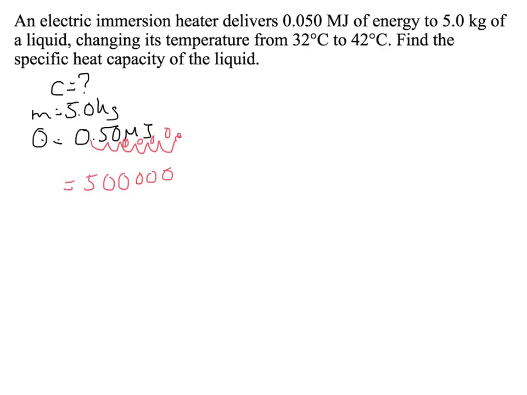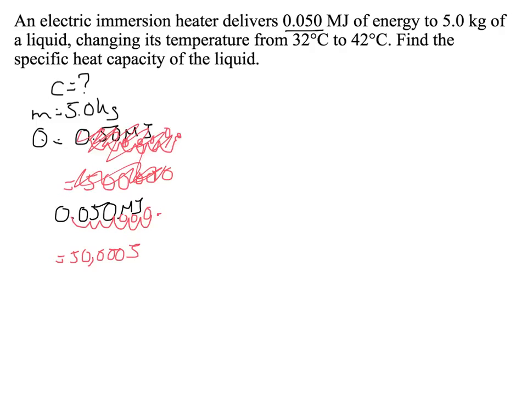Sorry, too many zeros. Sorry, not too many zeros. The question is wrong. Sorry. Let's do that part over again. Q is equal to, as it says right here, 0.050 megajoules. Now when we move it over, 1, 2, 3, 4, 5, 6, we get a Q value of 50,000 joules. And lastly, we have our delta T,